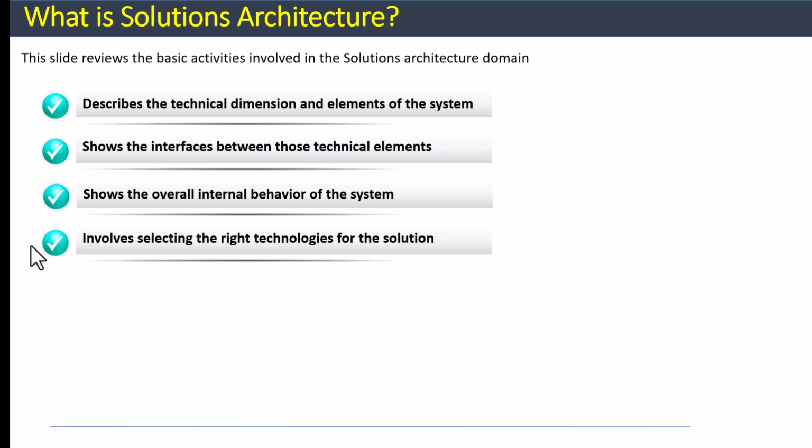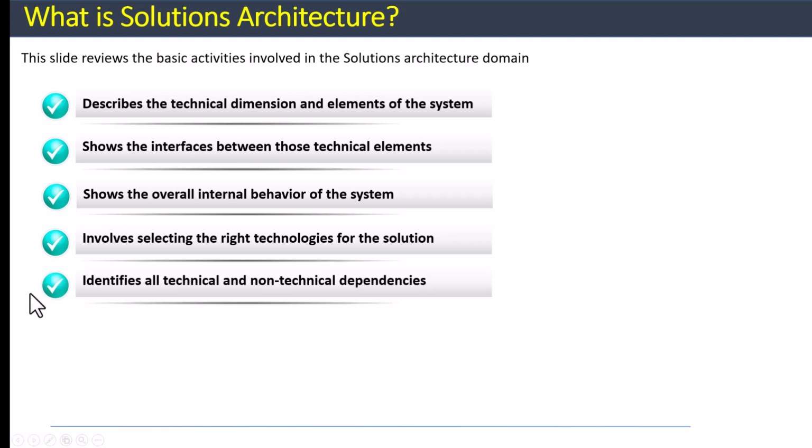The solutions architecture process also involves selecting the right technologies. So it involves the selection of the right application frameworks and technologies that will be used to develop and implement the system. The solutions architecture process also ensures the identification of all technical as well as non-technical dependencies within the overall system required to formulate the final solution. So the resolution of these dependencies is crucial to ensure that the system in the works is deployed successfully to